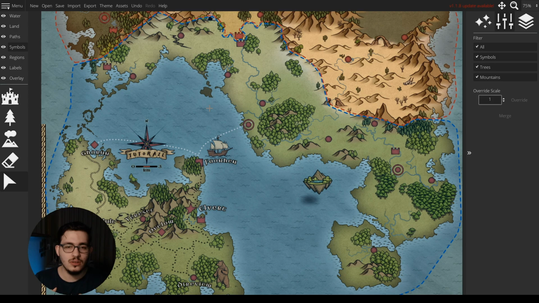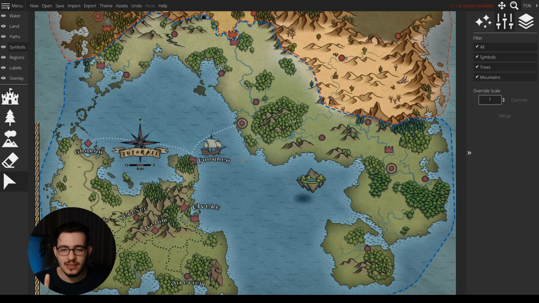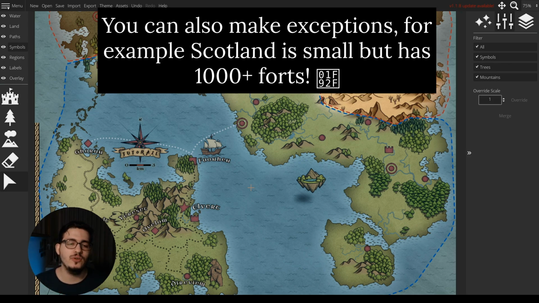And depending on the population and the strength and the mightiness of your kingdom, you can have more settlements and towns. So for example, because these are small kingdoms to me, I'm having only a few cities and a few towns per city. But if I were to go with a more populated and developed country, I could easily double the cities and towns per city. And the same thing applies for forts. So this is how you can also balance. Think about how much population you want to have and how developed those countries are, and it will give you the numbers for adding settlements.